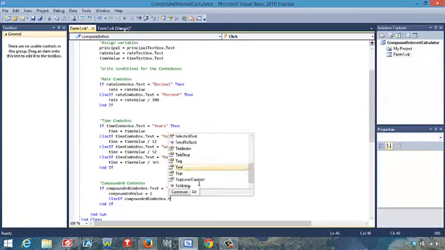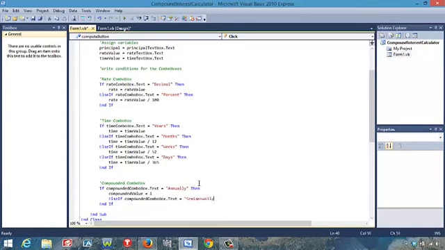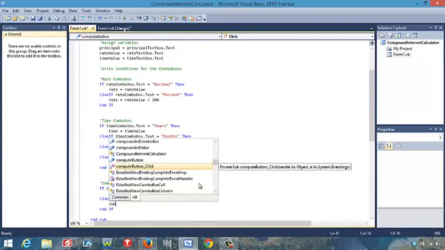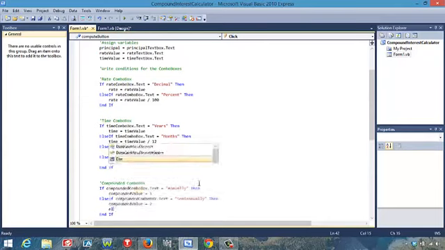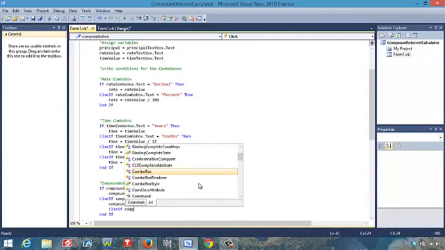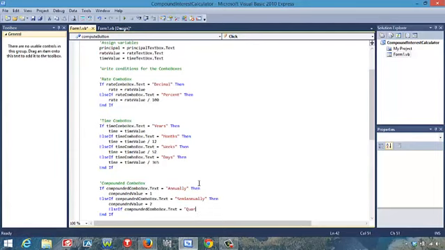Else if compounded combo box dot text is equal to semi-annually, then compounded value is equal to 2. Else if compounded combo box dot text is equal to quarterly, then compounded value,